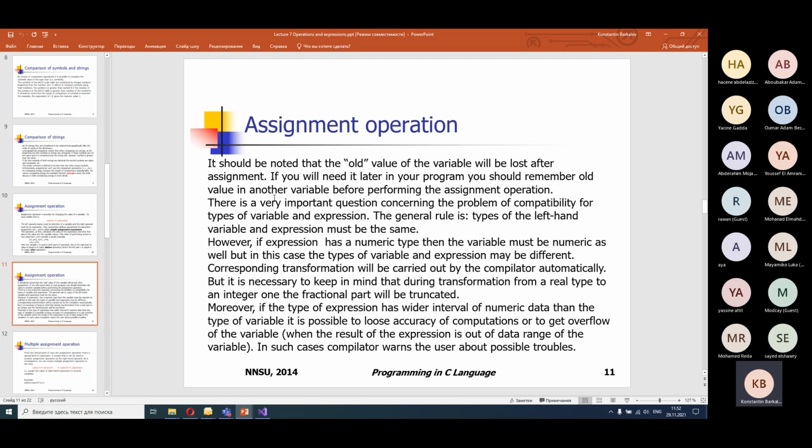But what happens if the data types on the right-hand side and on the left-hand side are different? It depends on the range of representation of numbers. For example, if you assign the integer number to the real data type,